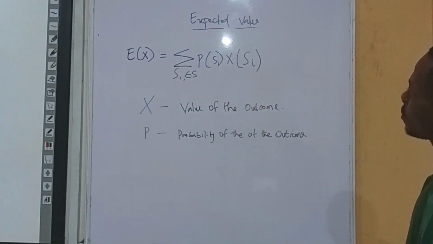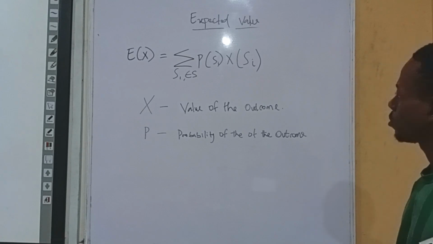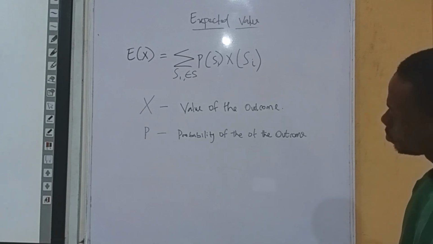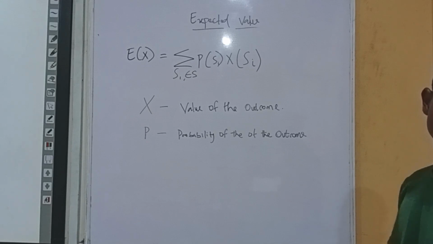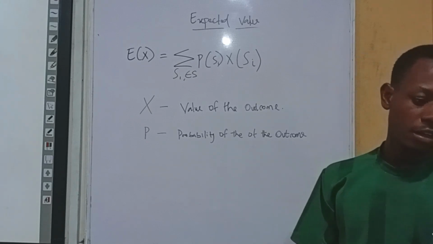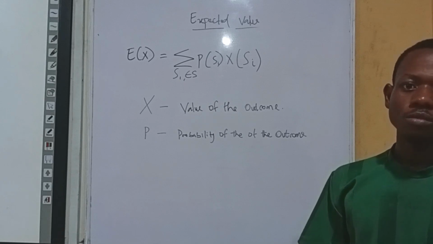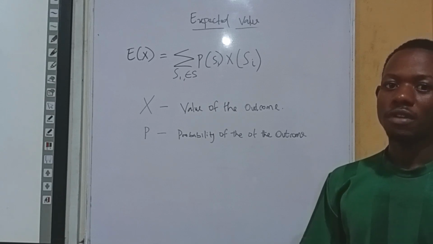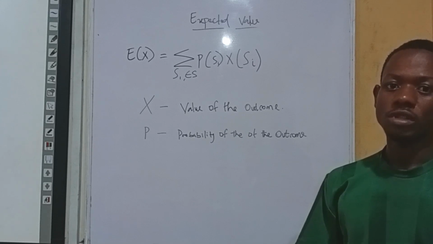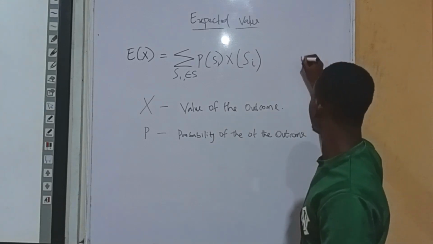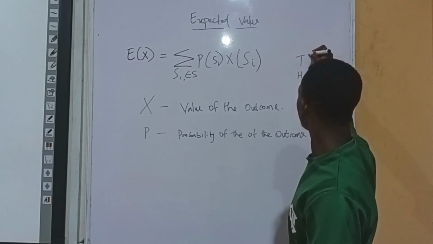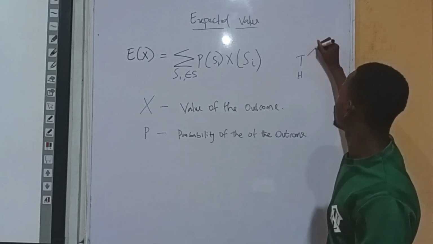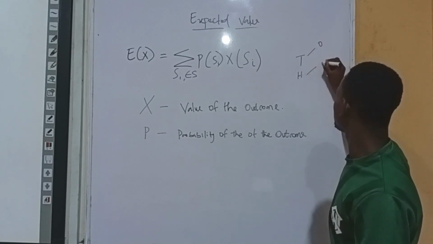So for expected value, we have this expression: x is the value of the outcome, while p is the probability of that outcome. For example, when choosing a fair die and the outcome is having 8, it's either you have 8 or you don't. So it's either your answer is T, which is tail, or your answer is H, which is head. In this particular one here, the random variable is equal to 0, while here the random variable is equal